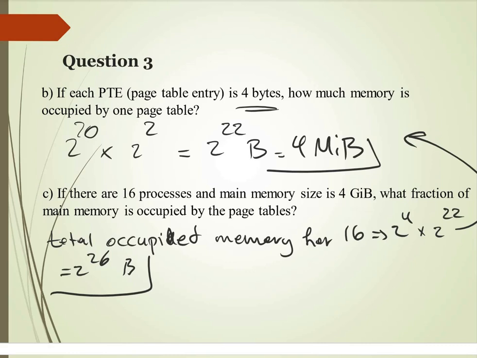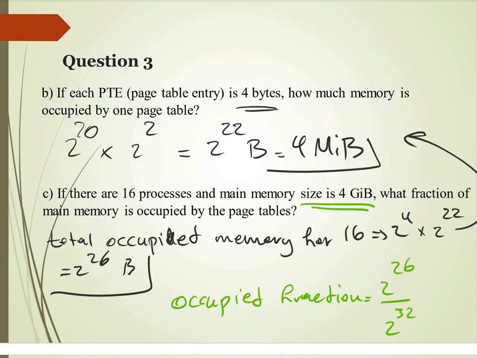So here we know that there are 4 GB, and if we want to know the occupied fraction, it would be 2 to the power of 26 divided by 2 to the power of 32, which is the total memory size, which gives us 1.56% of the total main memory. Okay,